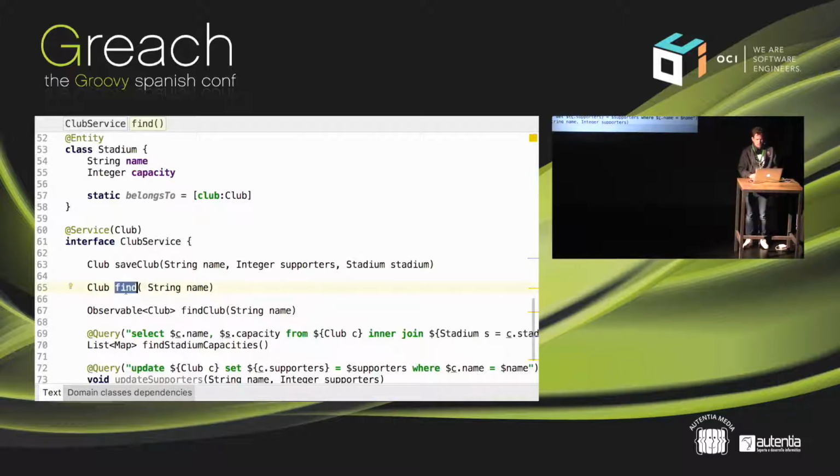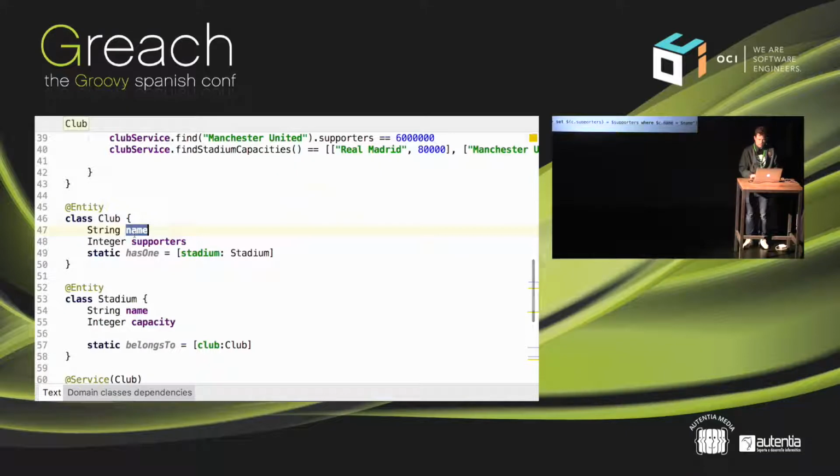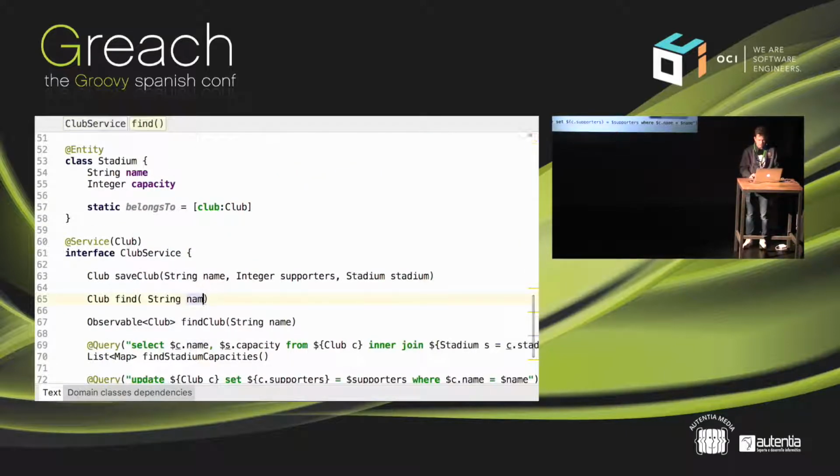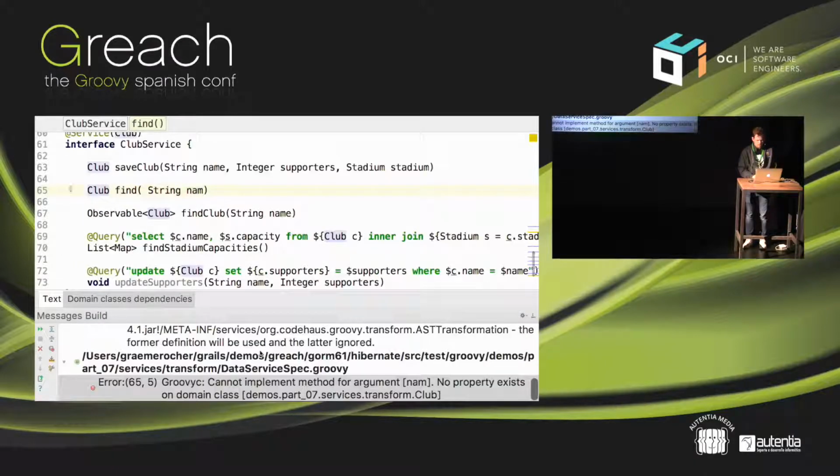And it takes a name parameter, so it knows how to implement this because the name parameter matches the name property of the club. But if I were to misspell this, for example, I get a compilation error with the exact line, and it says no property exists on domain class Club. So not only is it not based on runtime proxies, because it's based on compile time, you have compile time checks. Yeah, so it will check the validity that your service is actually valid,